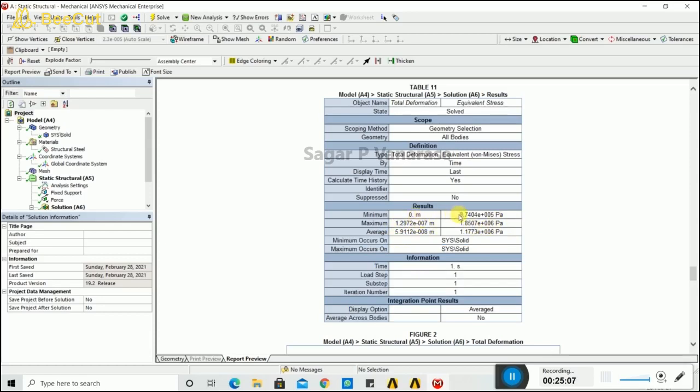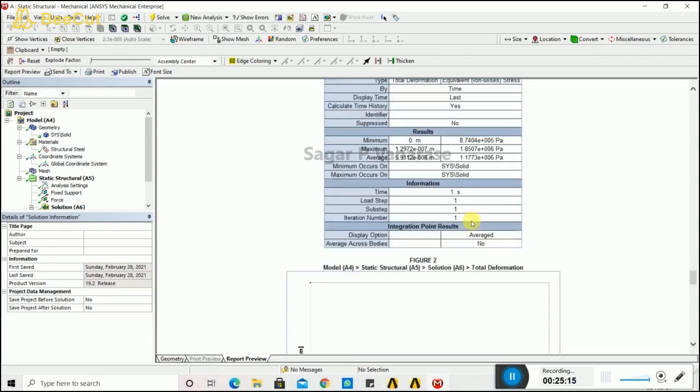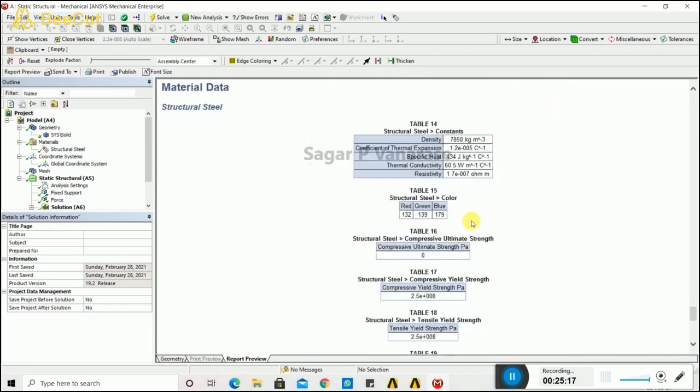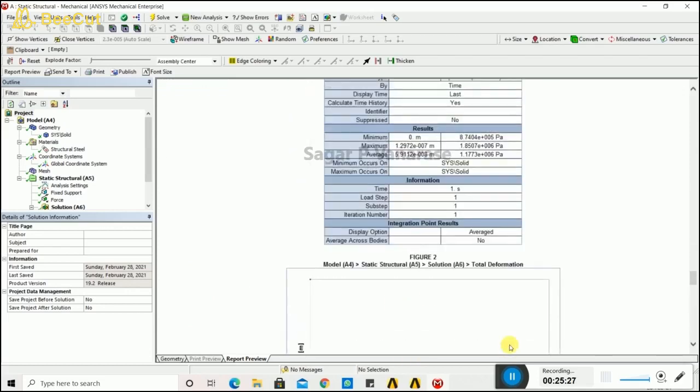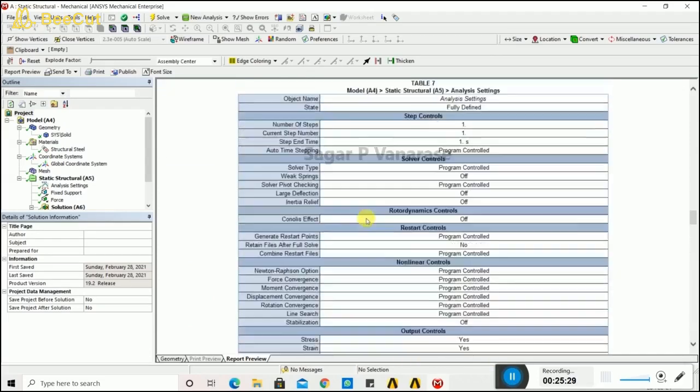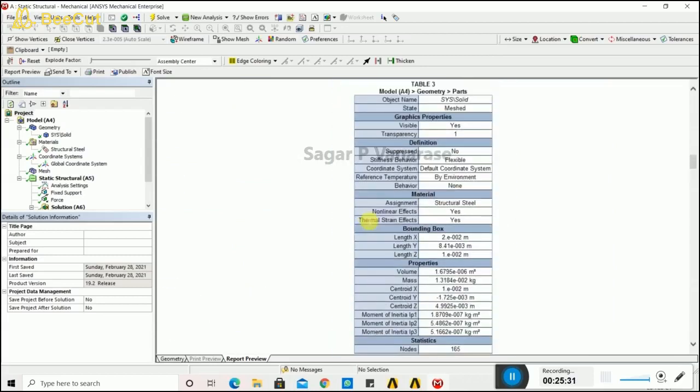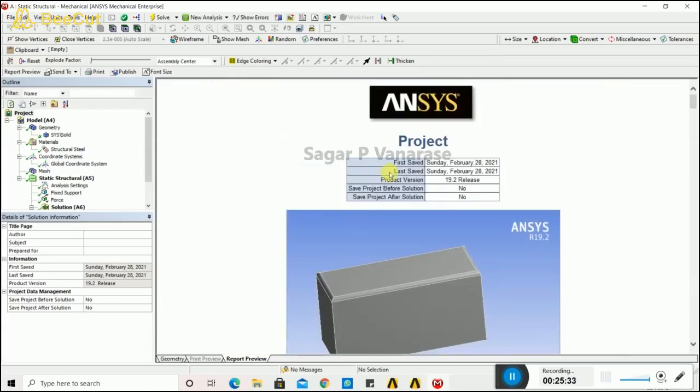We can also see the information regarding the total file size of our project. So if you want to download it, you can download it, or you can just export it. These are the maximum, minimum and average results we are getting from the equivalent stress and total deformation. Here we can do the comparison between both. This is the main plus point for our analysis system. This is the overview, where we are just summarizing our object.